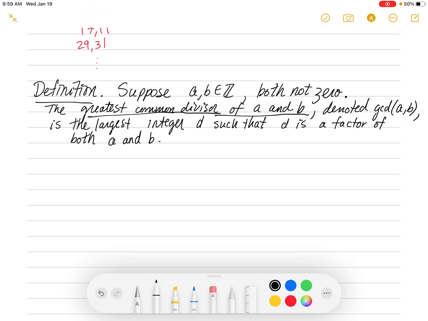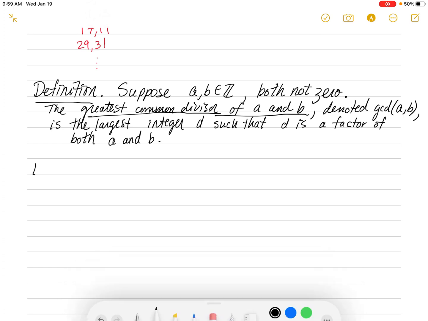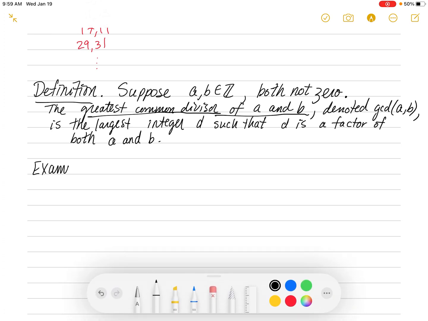So the greatest common divisor of A and B is the largest integer that is a factor of both A and B. Now, for example, if I wanted to find the greatest common divisor, GCD, of 30 and 45,